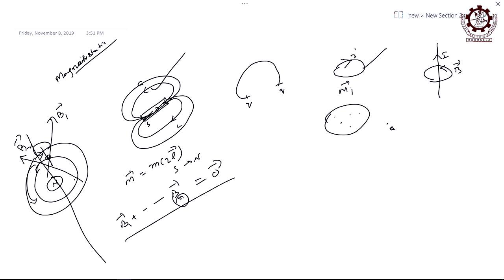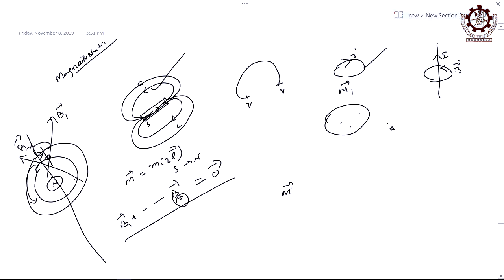There are two poles, in between them there is some length, so it is a magnet, and if it is a magnet, then it must have magnetic moment. Similarly, when many electrons are there, each and every electron must have magnetic moment, and if you add them all, then what will happen? M1 plus M2 up to let us say Mn, then it will be either 0 vector or non-zero vector, right. Either it will be 0 vector or non-zero vector.